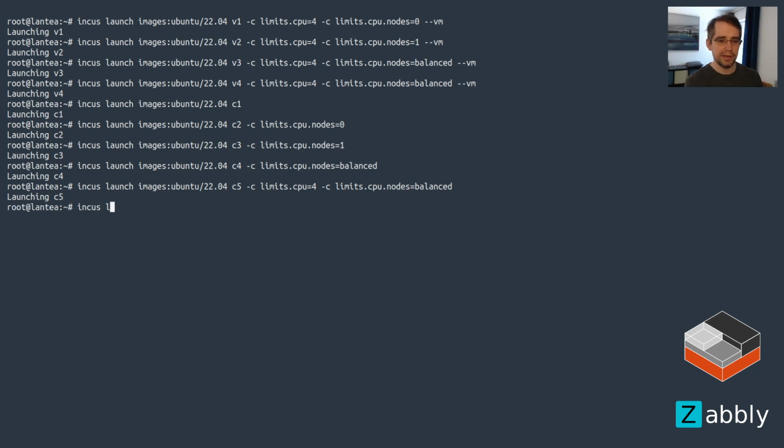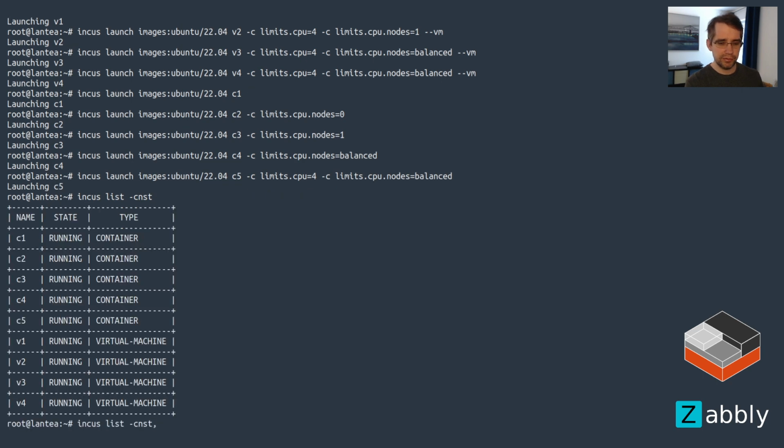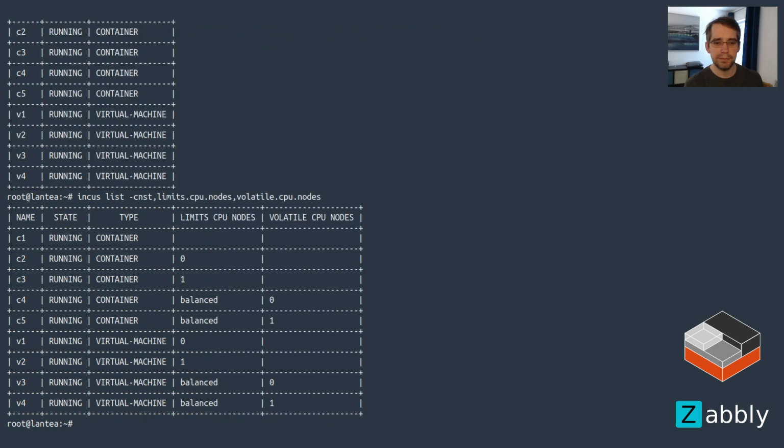Let's see. So we want a list of those. We want to see their status and type. So that gives us that. And then we want to see limits.cpu.nodes, and we want to see volatile.cpu.nodes, I think is the name. Yeah, there we go. So what that shows us is what we've got running right now, what NUMA pinning we asked for, and for those that are balanced, what value got picked. So we can see it's split 50-50, the instances between the two NUMA nodes,